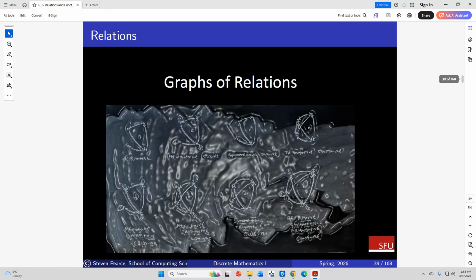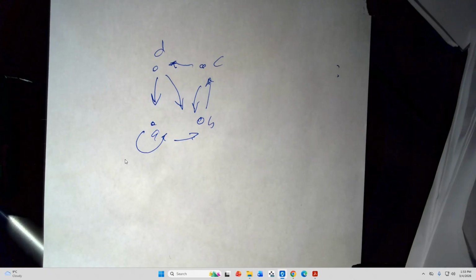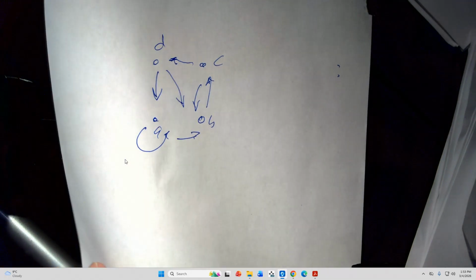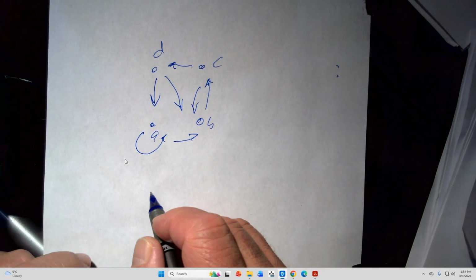Right. So let's talk about graphs. Okay, these are very important. Now this is just a blurred version of this. So when we talk about closure, let me just talk about something. Oh, I wrote on this paper. What a fool. Closure. Closure means that